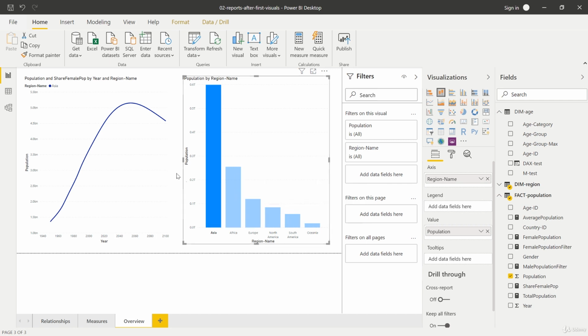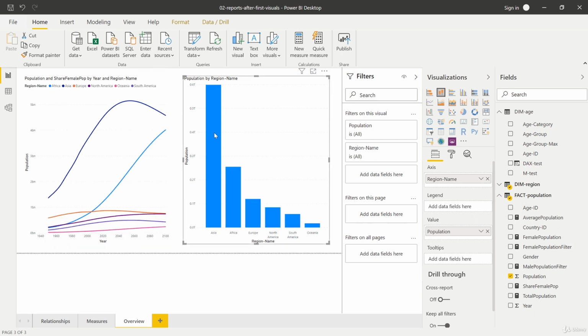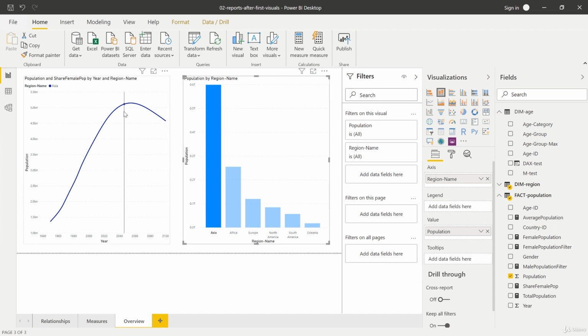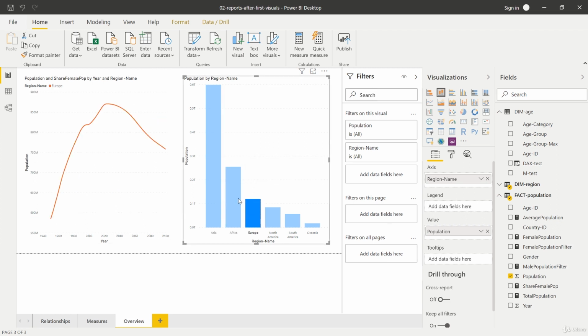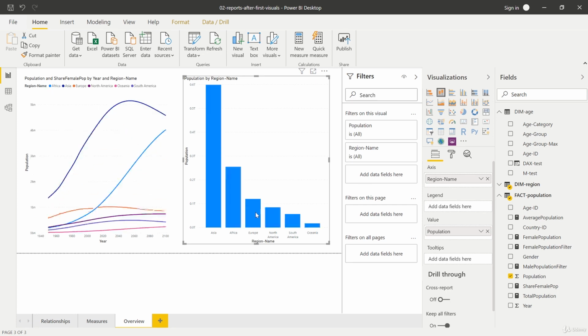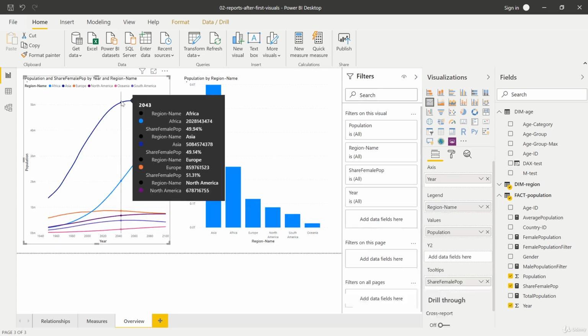And more importantly, in the left visual here, you see that we only get one line chart now. If I select it again, we have the initial state back. Like this, we only get Asia. And this also works for the other regions, for Africa, Europe, and so on. Let's unselect this